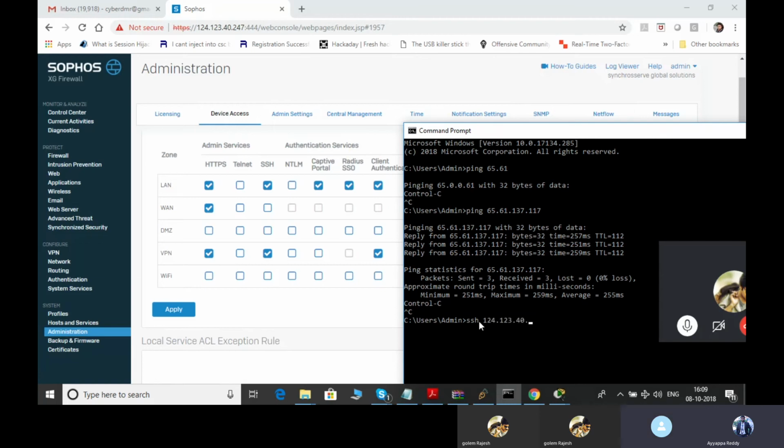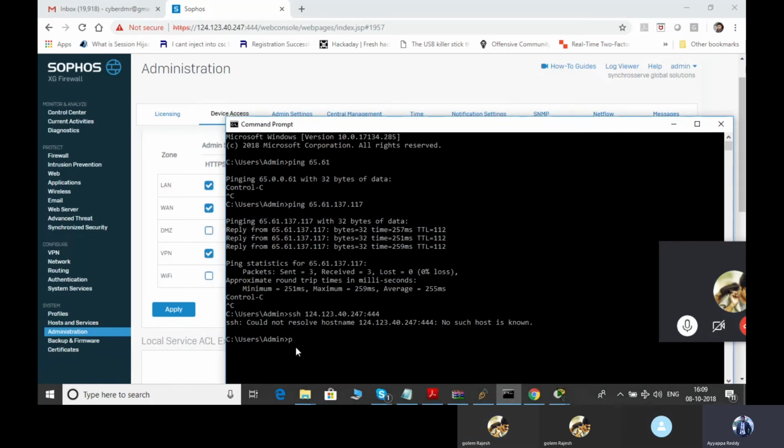SSH followed by 124.123.40. Something like 247 colon 444 is my port number. So could not resolve the host name. It is actually not resolving it. No such host is detected. In fact, there is a ping. See here, I can ping